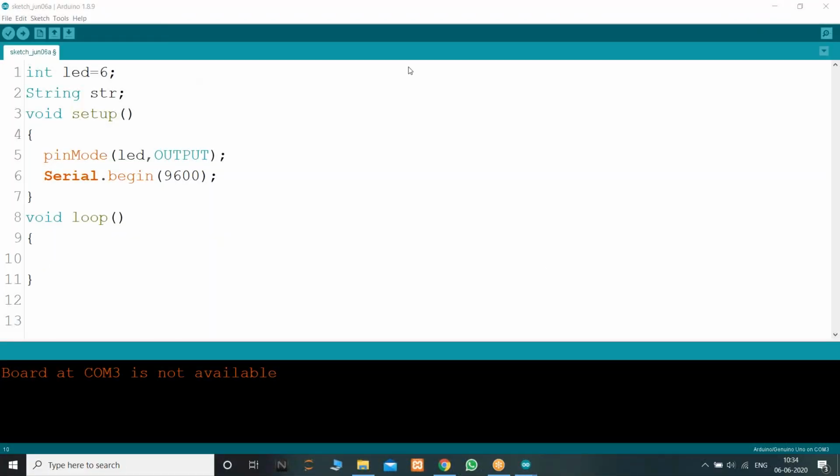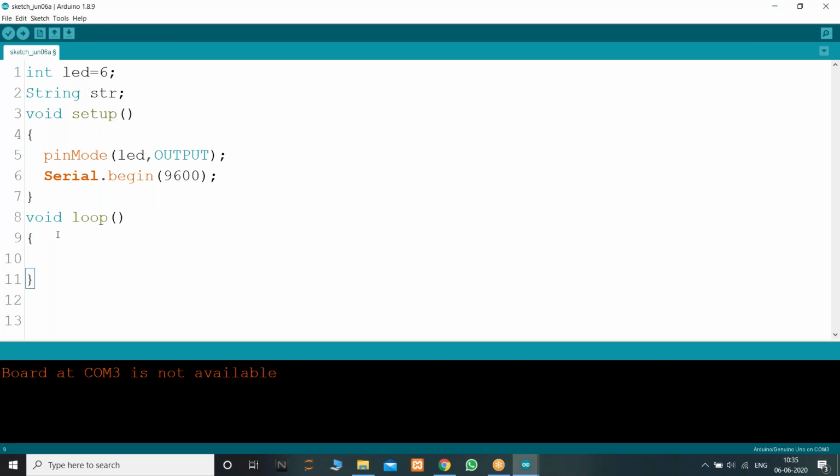So we are at receiving data. If you are transmitting any characters, they will be converted to ASCII values. If I'm sending any instruction through the serial monitor, our Arduino should receive that string. So the values are ASCII values, right? If I'm sending any value, the corresponding ASCII value is generated, and it should be greater than 0. If it is less than 0, I'm not sending any information to that Arduino. If the value available to read is greater than 0, there is some value available to read. So let us check that condition first.